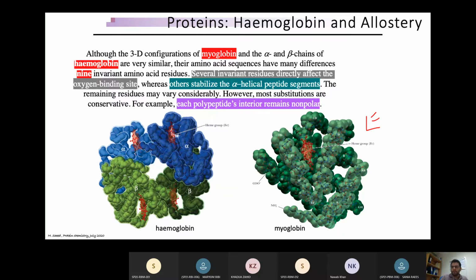The thing about myoglobin is that normally the oxygen binds in an almost irreversible fashion. That means if oxygen is bound to the myoglobin, it is a very stable type of binding, so reversible binding is not possible. We have seen that myoglobin is just a single unit, but there are 8 helices, shown as alpha, beta, and so on, and in one of these helices it gives rise to a crevice,